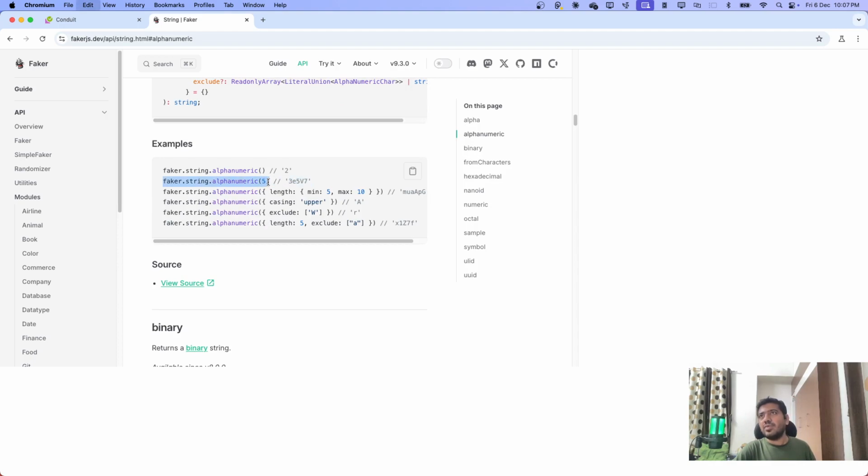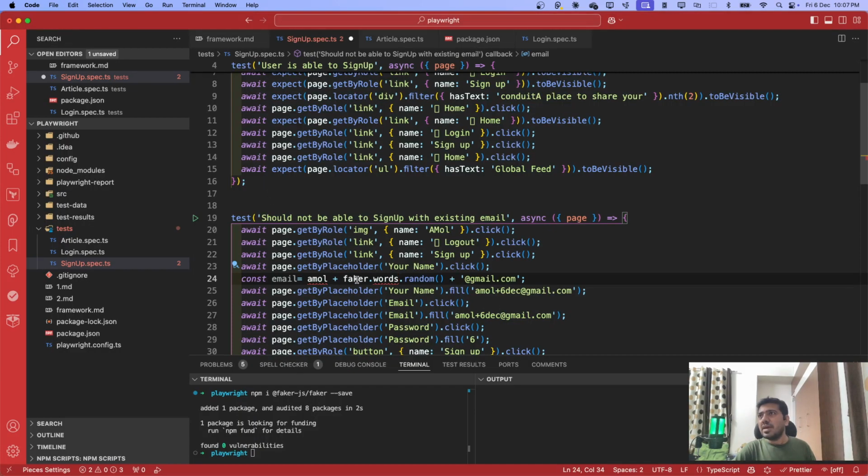Faker string alphanumeric. So I'll copy this, I'll use this alphanumeric string, and instead of 5 I said let's have 10, and we will need 10. Now this is a string, so we need to do the concatenation. As you know, this should work, but ideally it should be in similar things, so it's more readable and appropriate. So instead of this email, I'll use